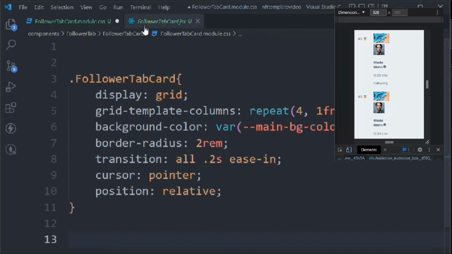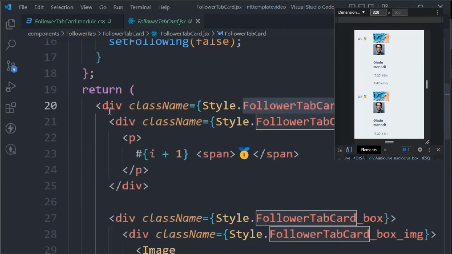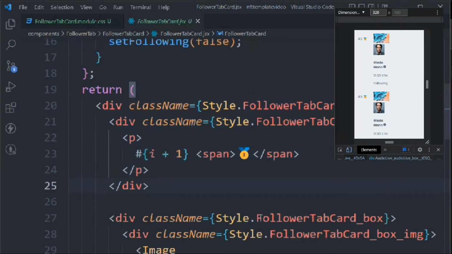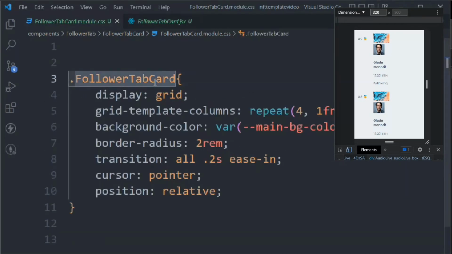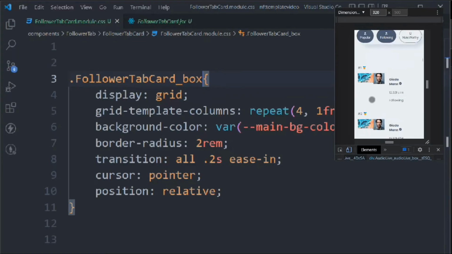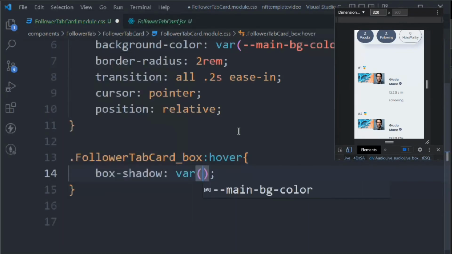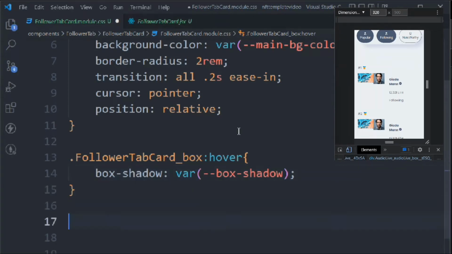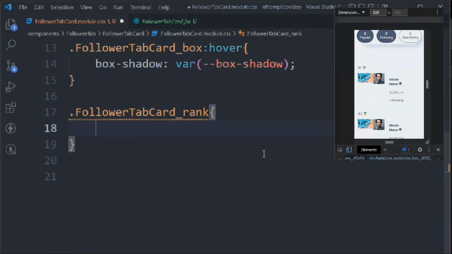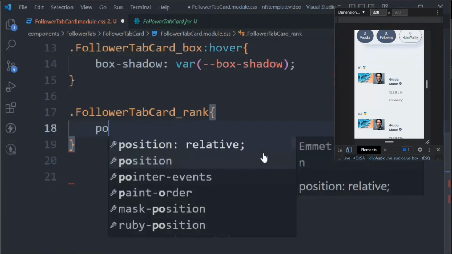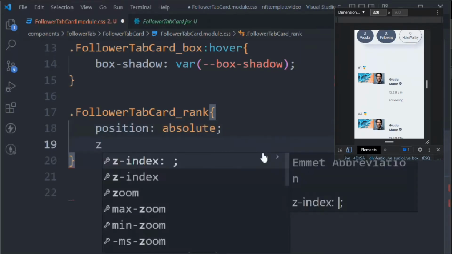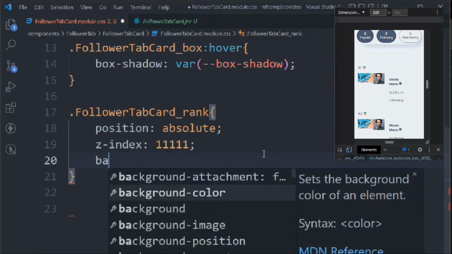But before we come down, we have to check. So what we are targeting, we have targeted this, but we need to target this portion, box. So change this to box, and now it's looking good. Okay, let's come down. We have to target that box. On hover effect, we need to add, let's say, a box shadow. So we'll say box shadow, and let's come down. We'll add this rank, and this will become our position absolute, z-index 111, background color